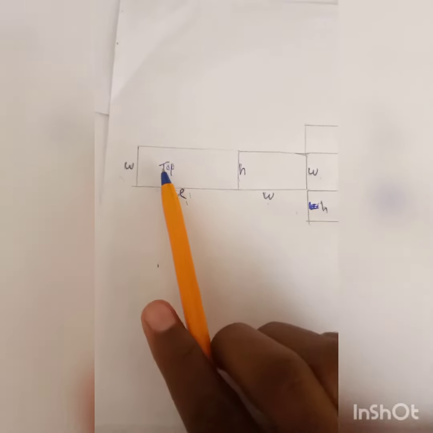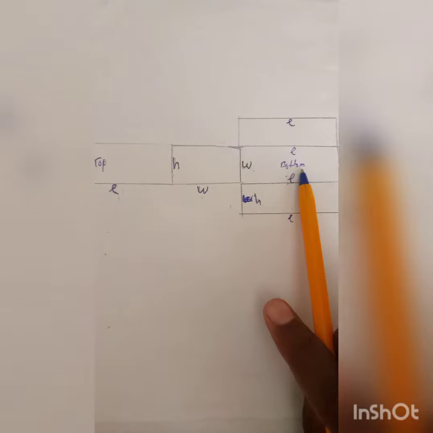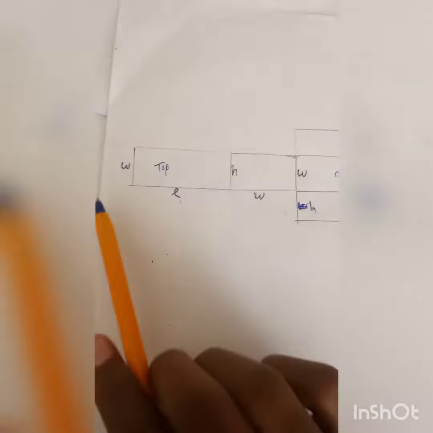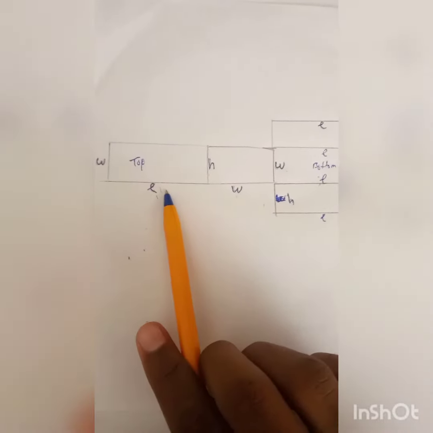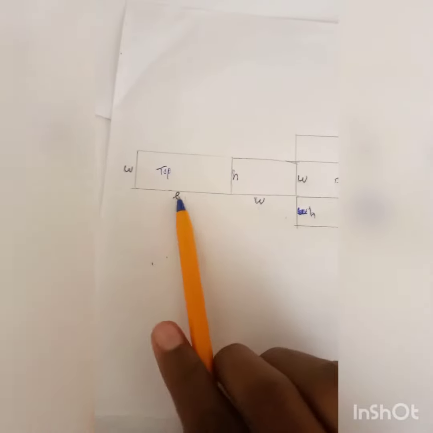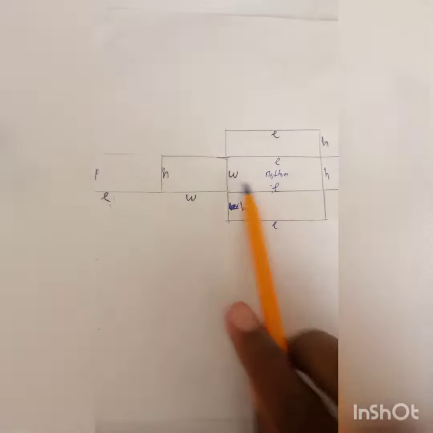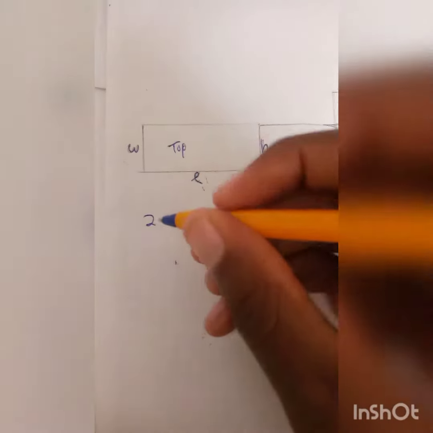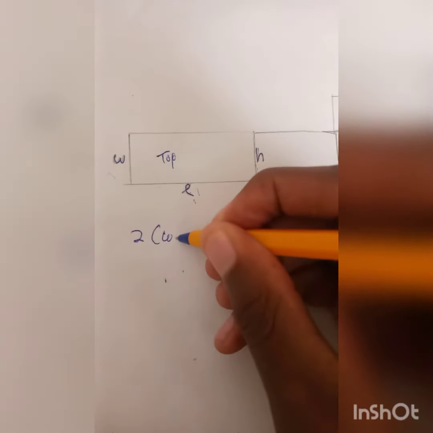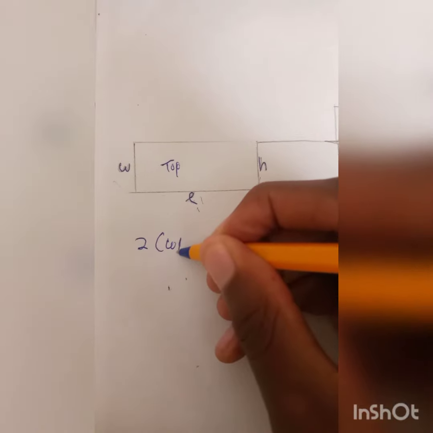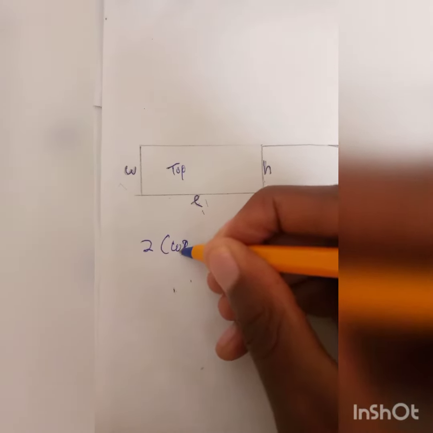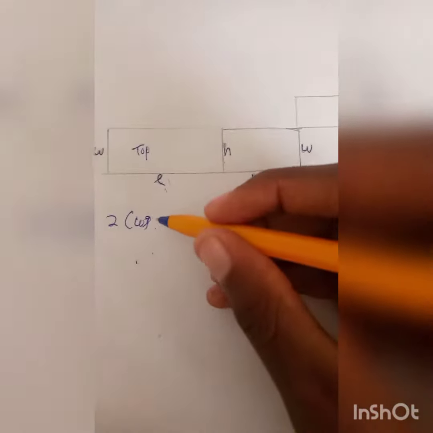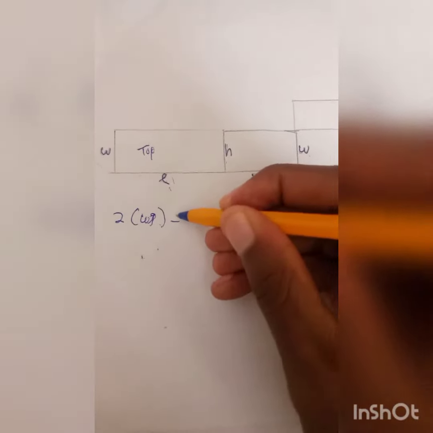So what I did was, okay, I have the top, which means the top and the bottom must be equal. So which is the width and the length. So it means I have two width and length, width and length. So it's 2 width times length, plus